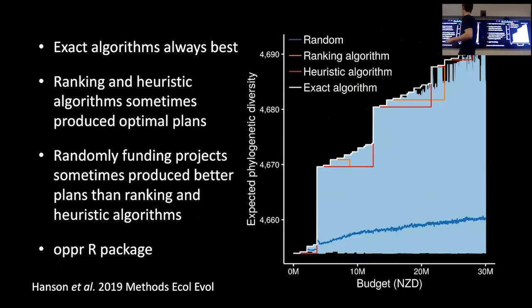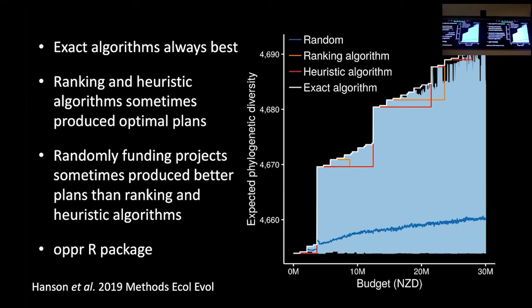And so we looked at 4 different algorithms. Okay, this is tricky, so I'm just going to walk you through it. What we did was generate a series of different prioritizations under different budgets. If you can imagine a series of dots along here, and we've got these lines connecting those dots. We generated a series of prioritizations using exact algorithms, and that's what this white line is showing. If we're higher on the y-axis, we've got a better outcome. So if we generate a prioritization using 20 million, we get a better outcome than if we have 10 million as our budget.